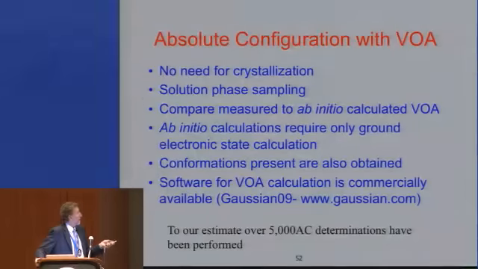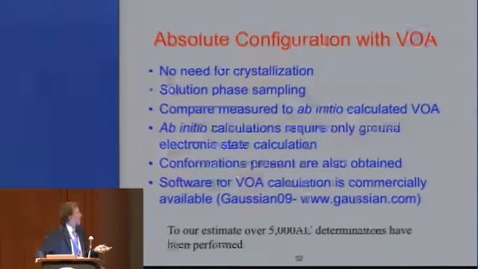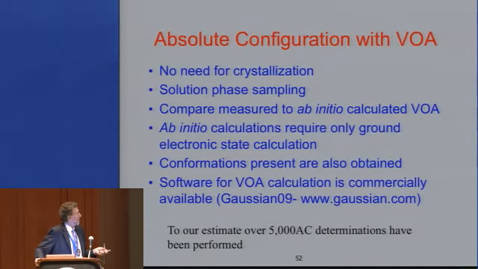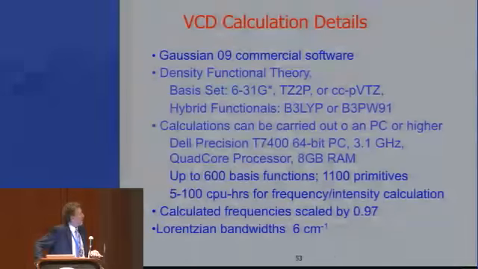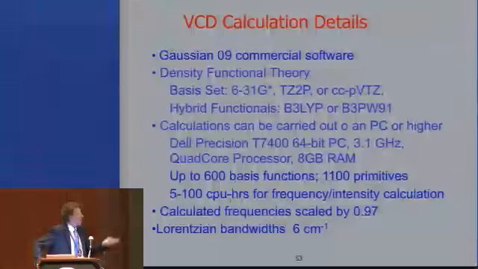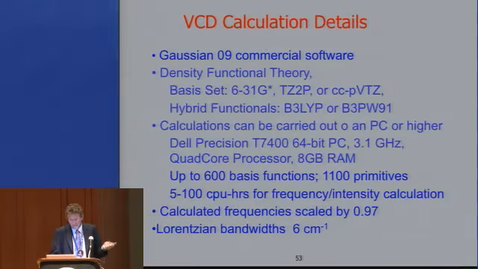You don't need to crystallize the sample. You can use just solution phase sampling, and you compare what you measure to what you calculate. And there's commercially available software from Gaussian. So these are details if you want to do it, but it can be done on a beefed up PC that's probably $3,000. That is all you need to buy a really hefty PC these days to do VCD calculations, easily